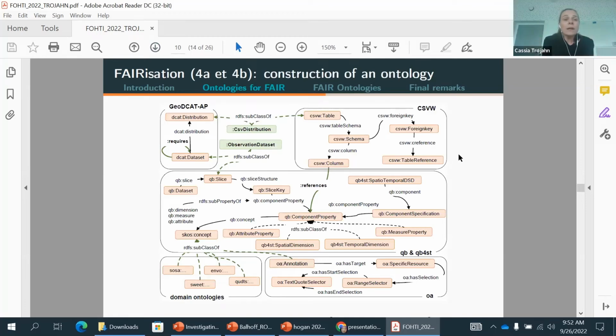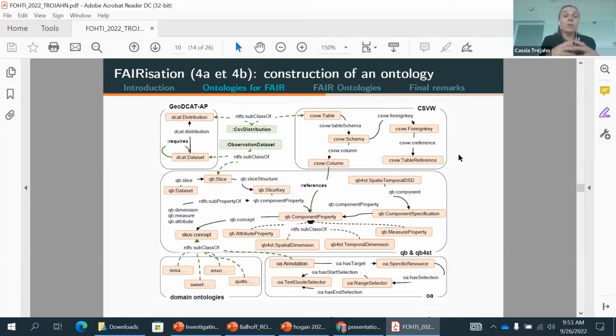So you have reused different vocabularies that I'm not going to detail here, but I will be glad to discuss with you offline or after the presentation. So you have identified the features of this data. These data are geolocalized, so you needed GeoCat for describing them. This is tabular data, so you have CSVW for describing the structure of the